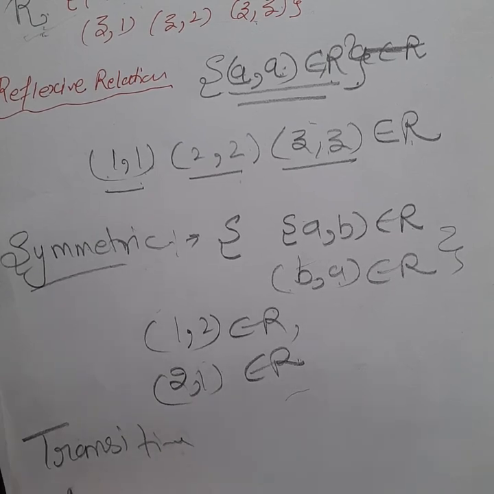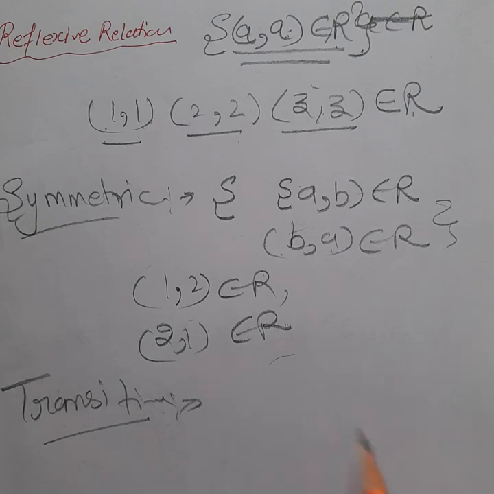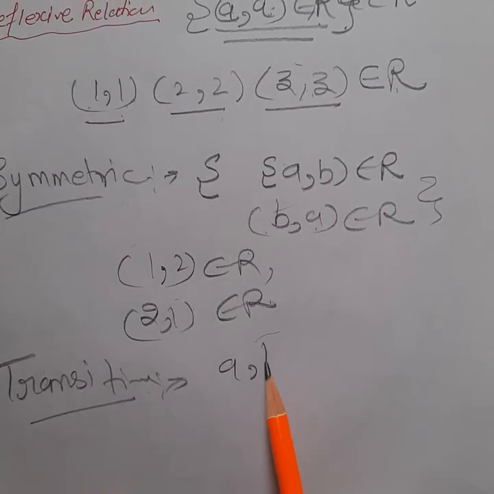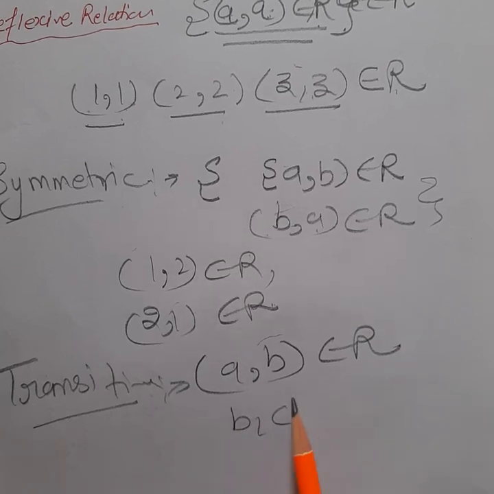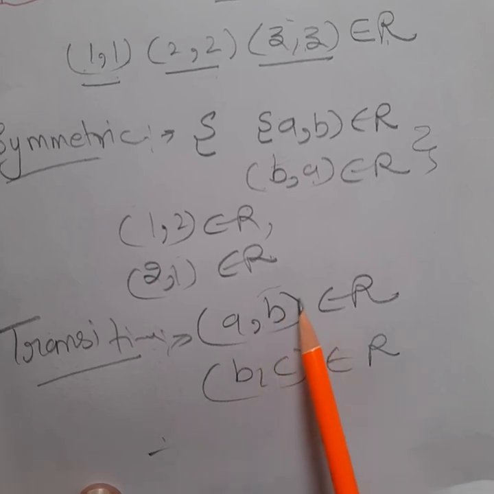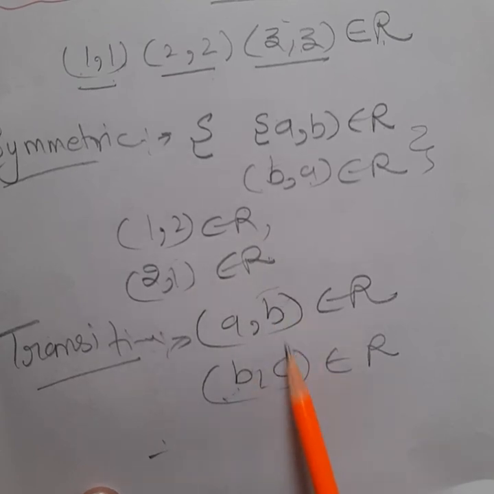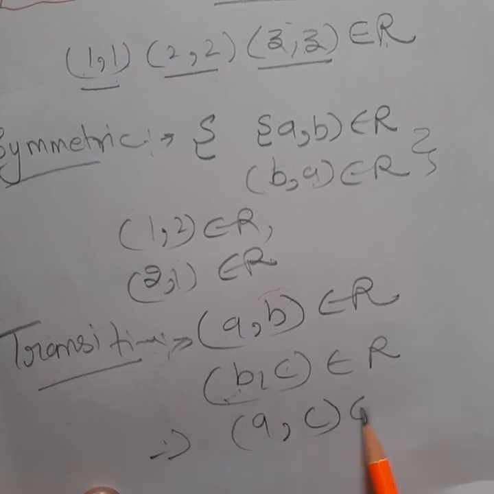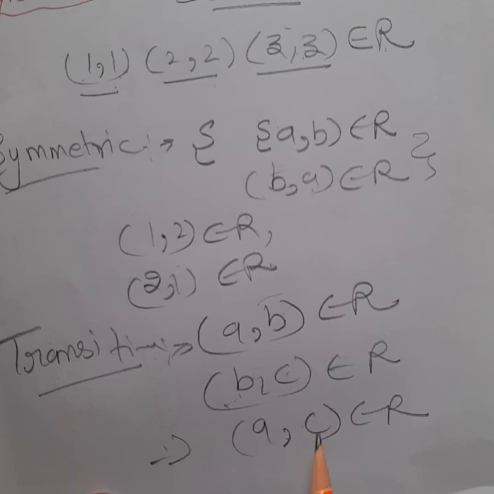What is a transitive relation? So students, a transitive relation is a transfer of some elements. Like you can say that if (a,b) belongs to R, then (b,c) also must belong to R. And by cancelling b, to understand the concept, because b is the same in the two pairs, then you must have (a,c) belonging to R, and then it satisfies your transitive relation.